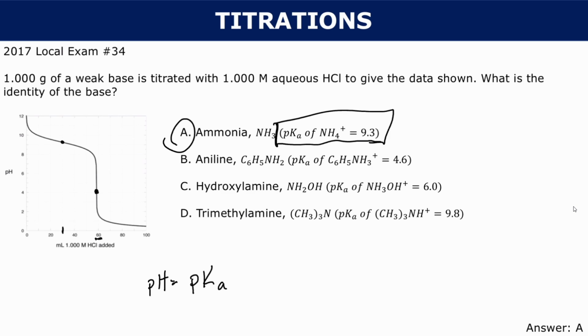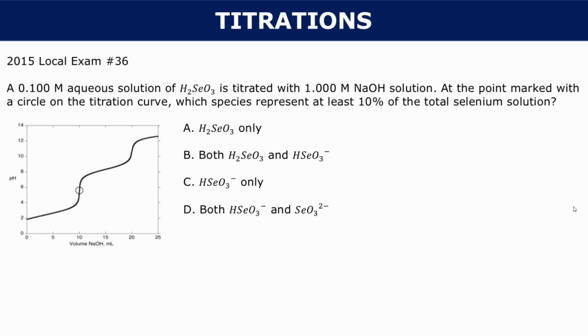Let's do one more problem. A 0.1 molar aqueous solution of H2SeO3 is titrated with 1 molar NaOH solution. At the point marked with the circle on the titration curve, which species represents at least 10% of the total selenium solution? Remember, this point right here is our first equivalence point. And remember, the equivalence point is the point at which all the acid or base has been neutralized. Since we're only dealing with the first equation here,